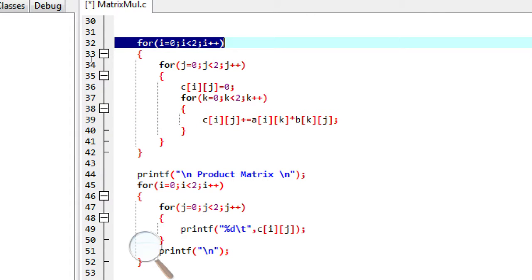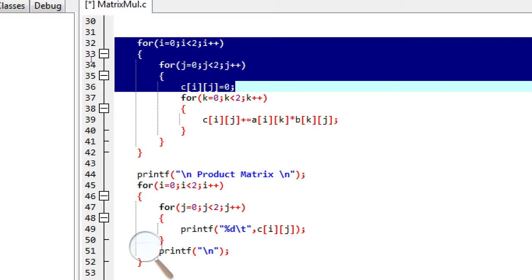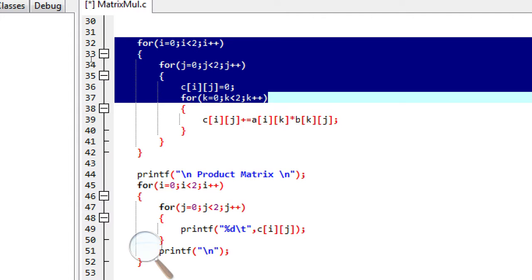Within the first for loop we write i is equal to 0, i is less than 2, i plus plus. Within the second for loop, we write j is equal to 0, j is less than 2, j plus plus. Within this we initialize C of ij is equal to 0. Then we write k is equal to 0, k is less than 2, k plus plus.